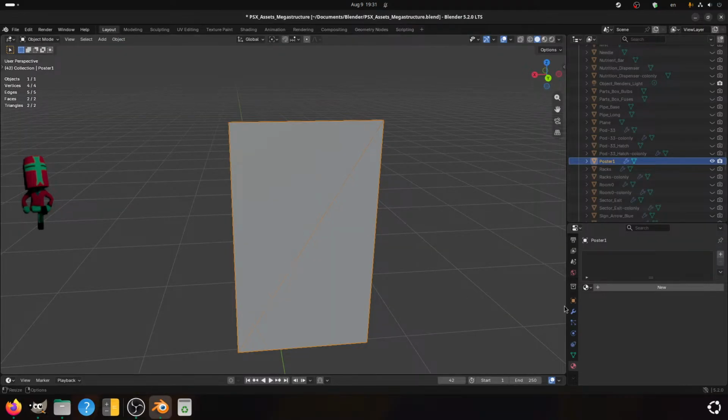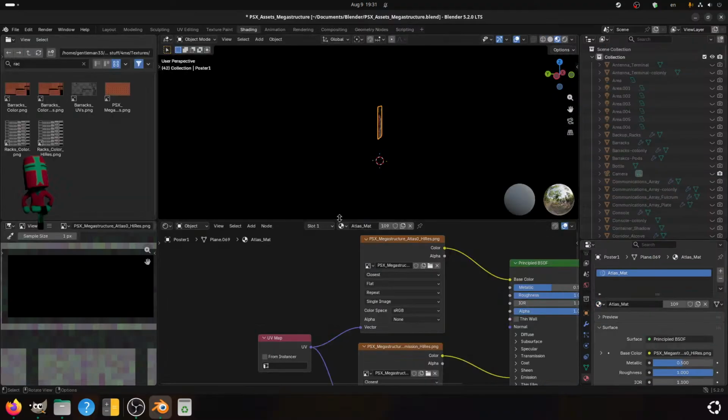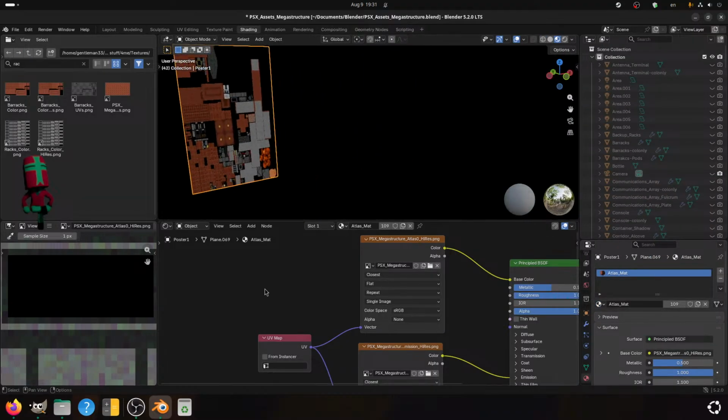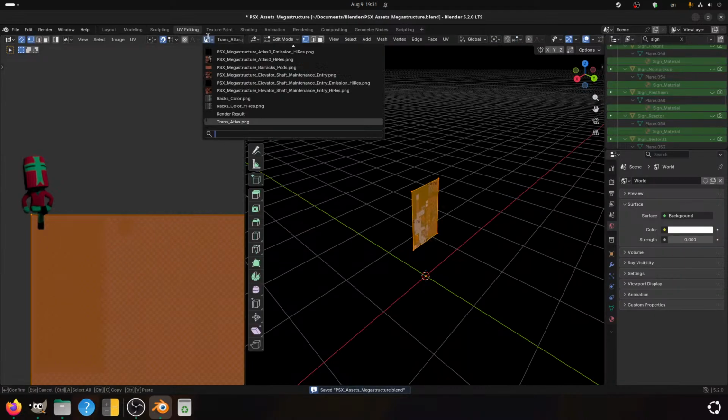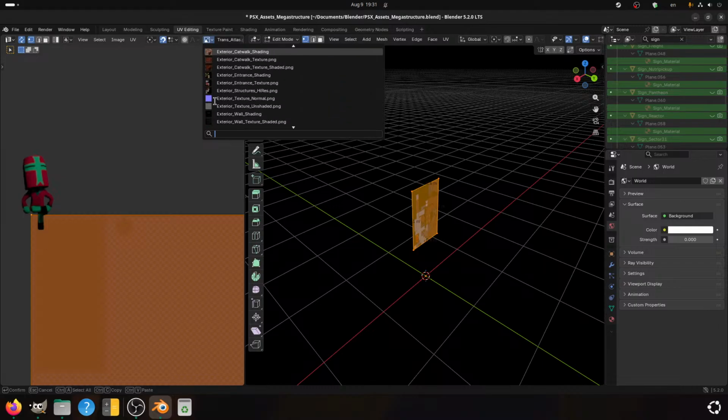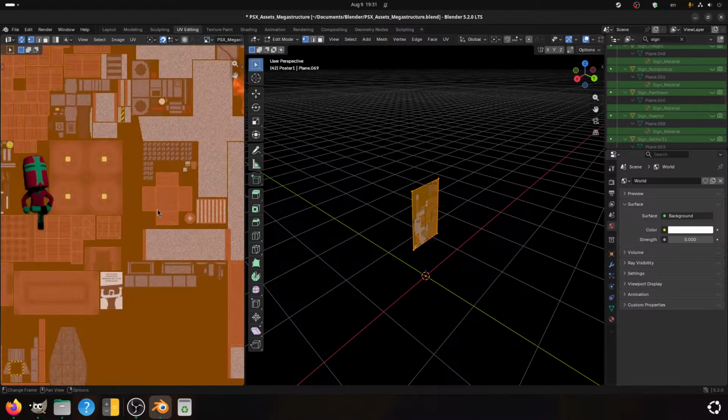And now in Blender, we can use the Atlas material. Okay, it has updated already, that's excellent. And on the UV, once I see the Atlas, there we go.